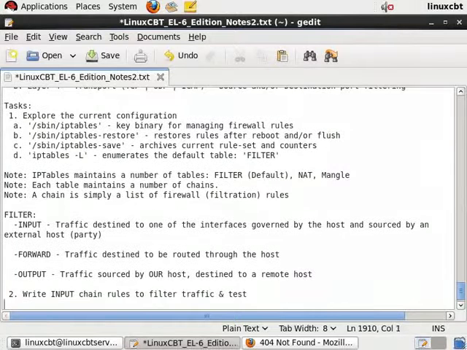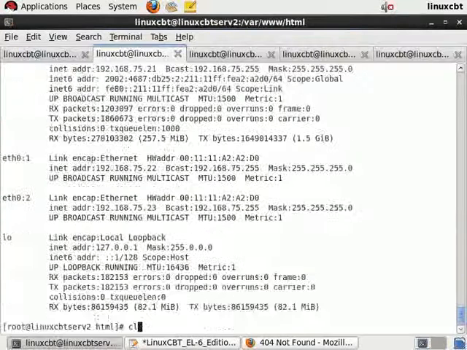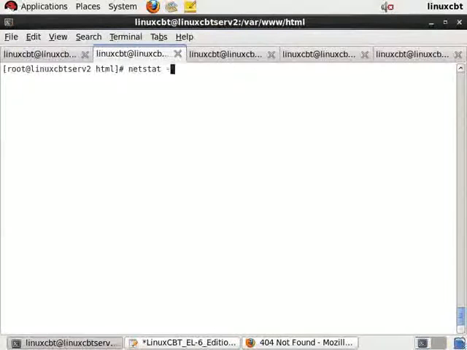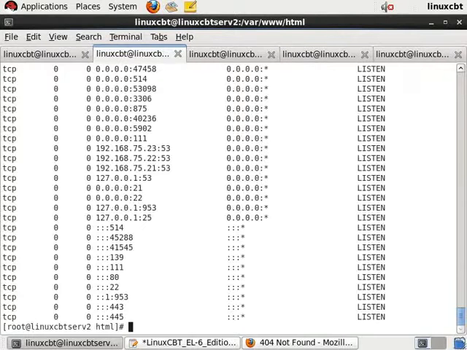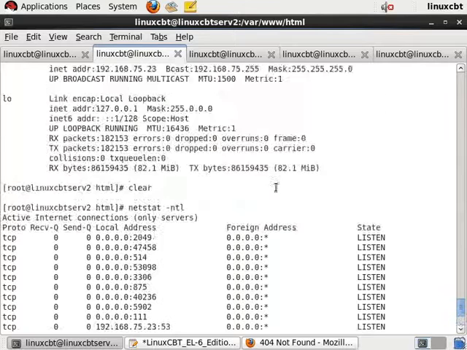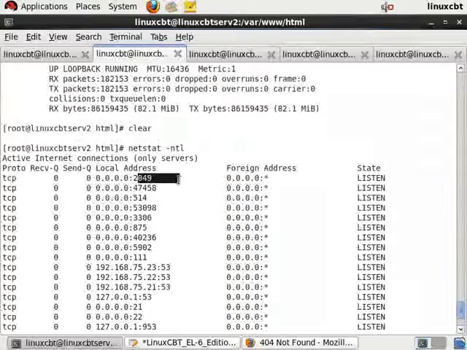So we have to come up with some scenarios that are of interest that we may want to restrict. So let's see which ports we're listening to, services that others remotely may be interested in. So netstat -ntl shows us TCP listeners, for example, although you can write UDP rules, but TCP tends to be the easiest to test using Telnet, for example. So netstat -ntl shows that we're listening to perhaps too many ports. 2049, NFS,